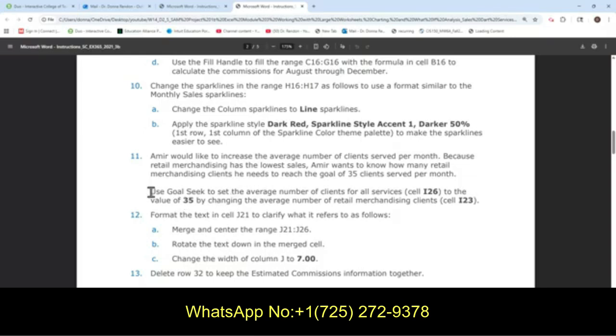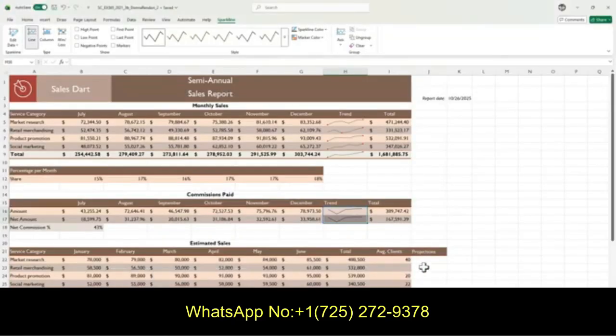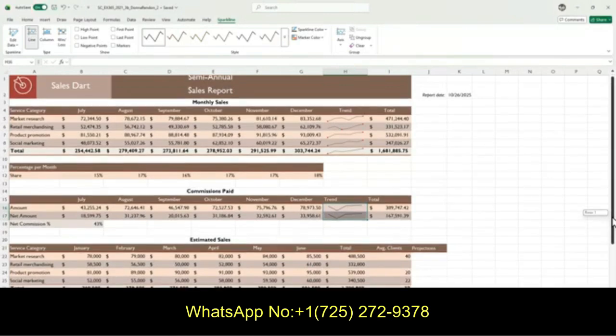So this time we're going to use the goal seek to set the average number of clients for all services, which is cell I26, to the value of 35 by changing the average number of retail merchandising clients, which is cell I23.